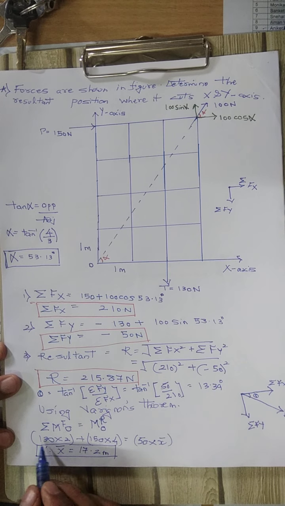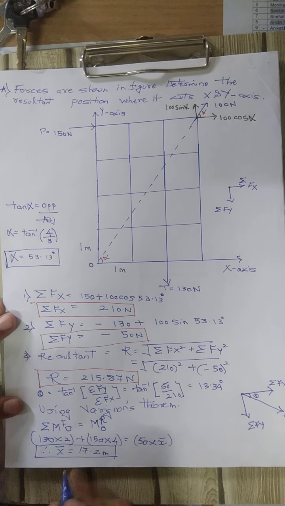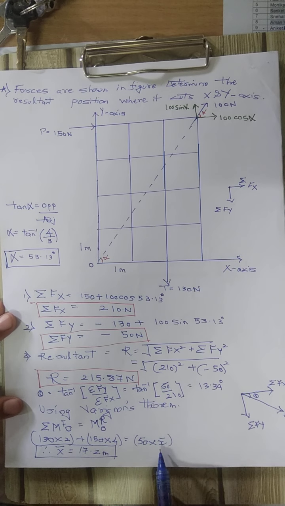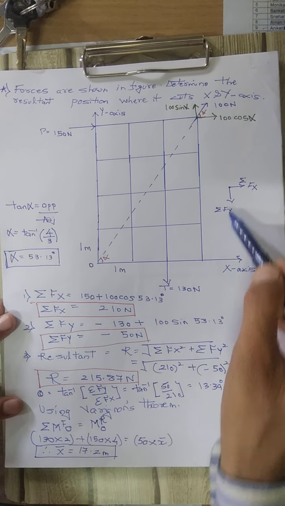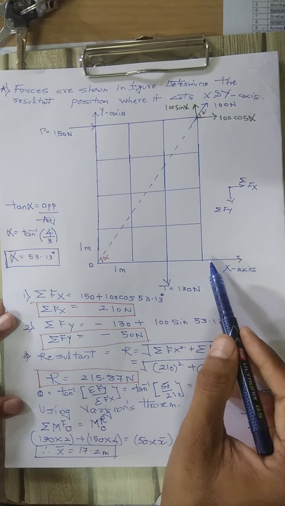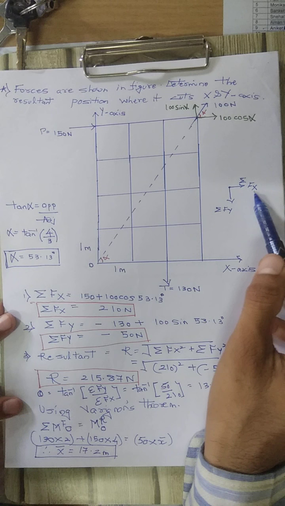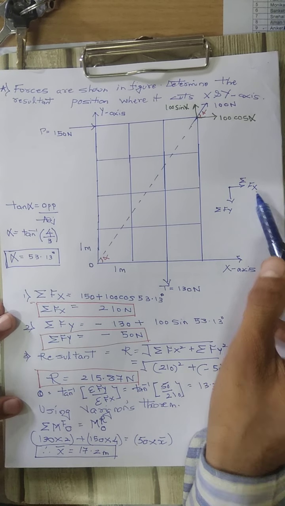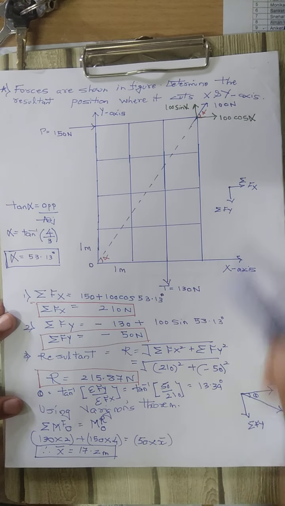The same way we can find out the y component. The same Varignon's theorem will be used to find out the y component also. So for this we have taken the vertical force Fy and horizontal distance. In order to find out the y distance, the force will be x. So summation of fx into y. Why have we not taken the minus sign? Because the downward direction already indicates minus, so we have not taken the minus sign here.